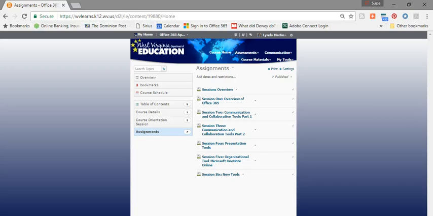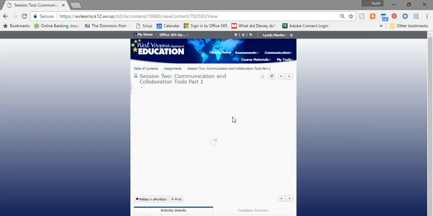If I go back to the news article that I'm going to send, the thing you need to remember about Session 2 is it's about communication and collaboration with Microsoft tools. So what you're going to do